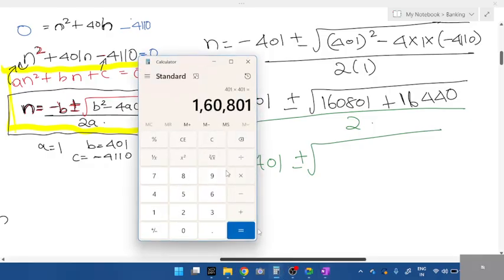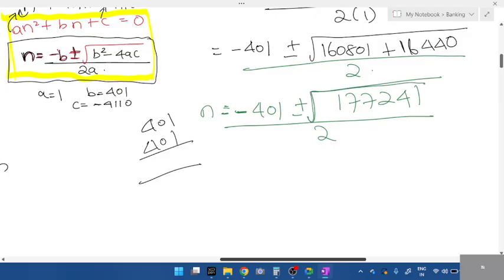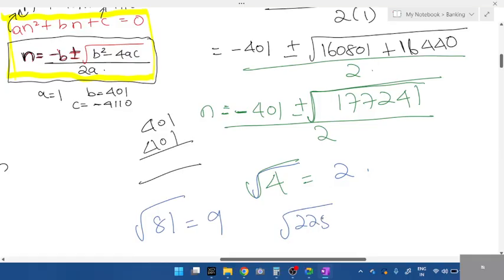Okay, let me take this along with that, 16,440. 177,241. Divided by what? Yes, 2. Okay, this is a square root question. Those who joined newly, 4 students, see square root. What is the square root of 4, students? Felicia answer. Yes, Lima, Felicia, Mebli, and others answer. Square root of 4 is 2. Square root of 81 is 9. In the same way, square root of, if I take 225,